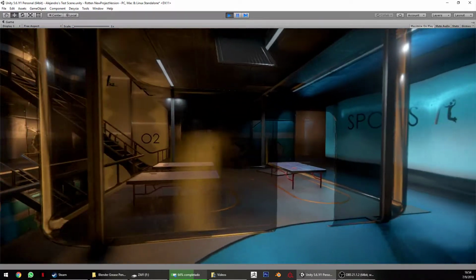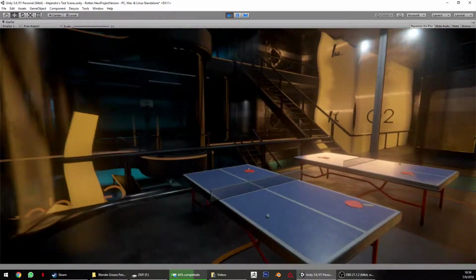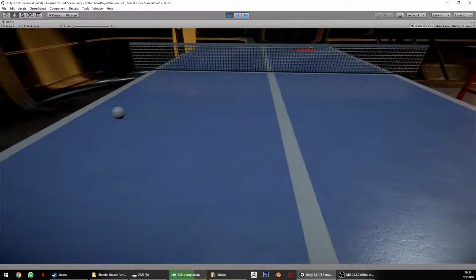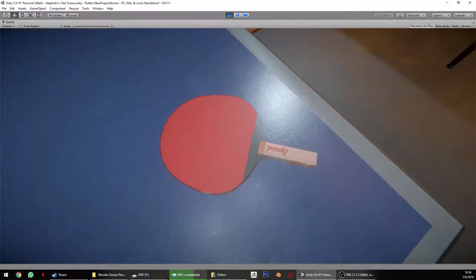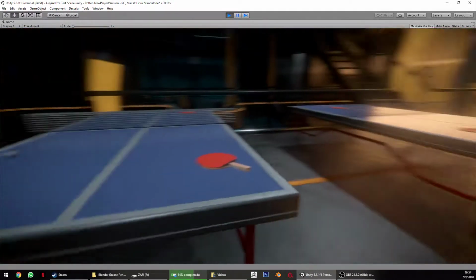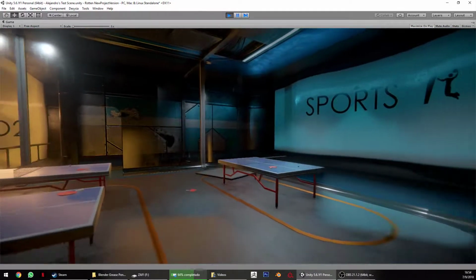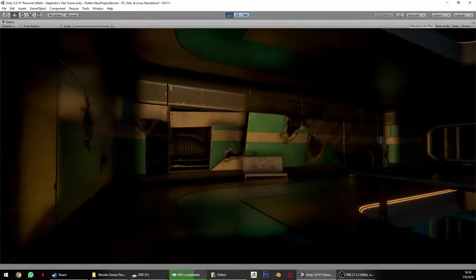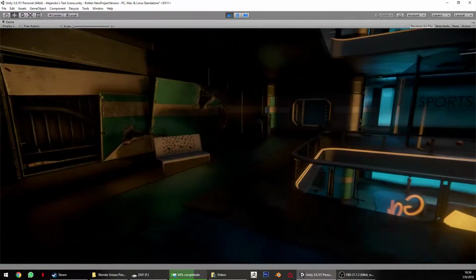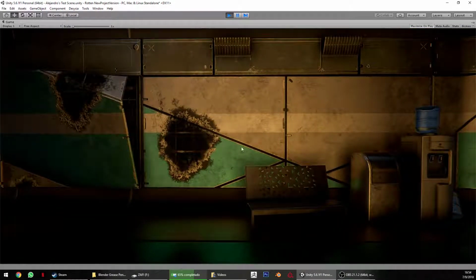And here we have another one, this is for ping pong. So we have the ping pong tables, little balls, and the different elements there. And here we have the first sample of the damage system that I implemented on this level. As I mentioned in my last videos,